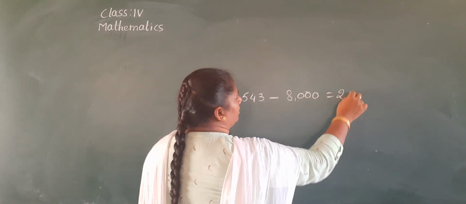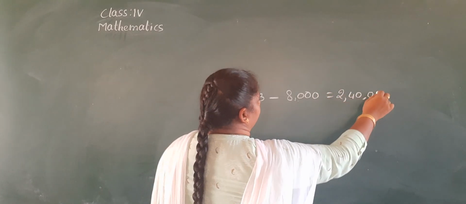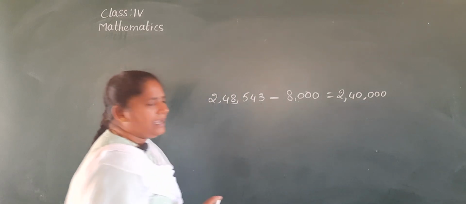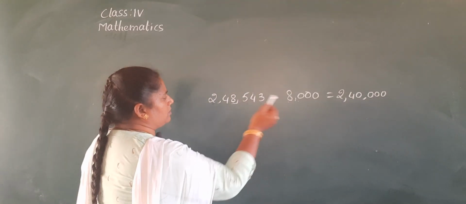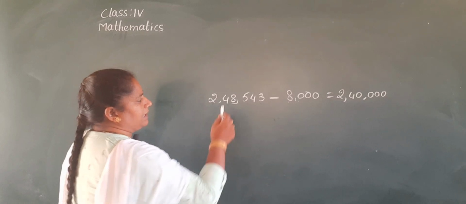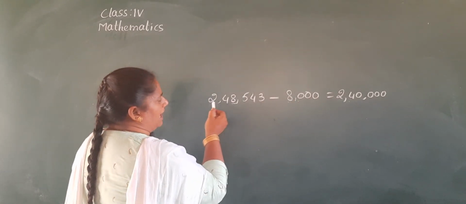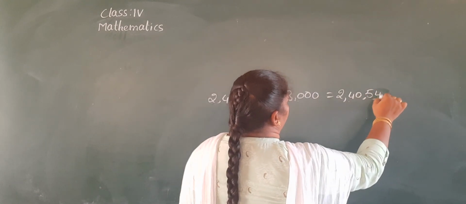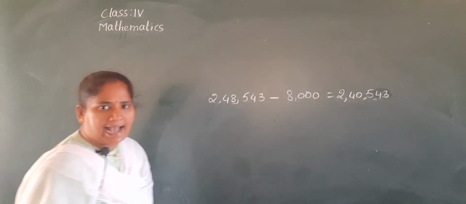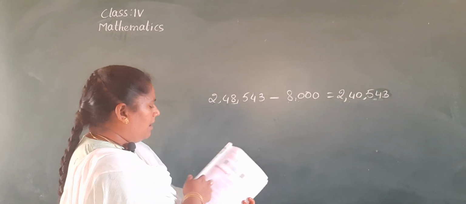So 2,40,000. Okay? So if you subtract 8,000 from 48,000, then we get 40,000. So 2,40,000, sorry, 543. Remaining digits, we will write them as they are. Okay? And next,